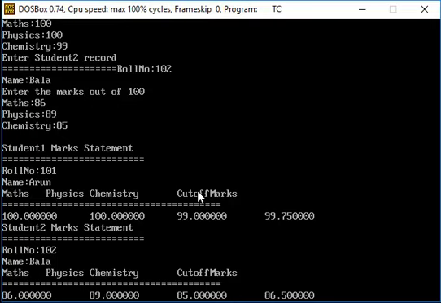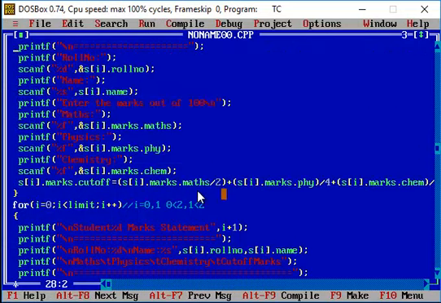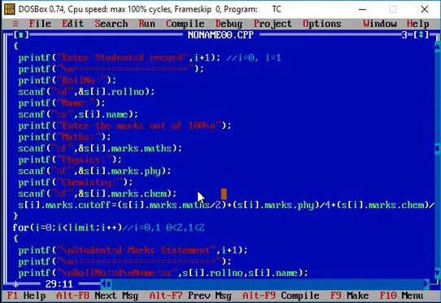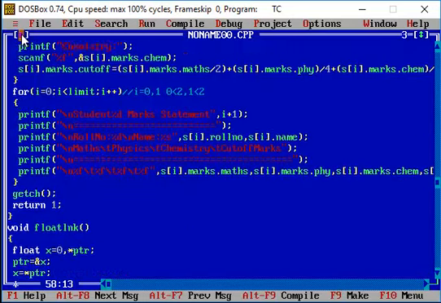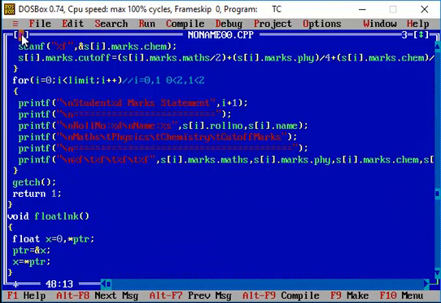So just an alignment is required. So basically the program is working fine. So here just some alignments alone have to be changed. So here \n. So I'm just making use of a couple of \t. This is just an alignment issue, so it will be fixed when you try to run the code again.